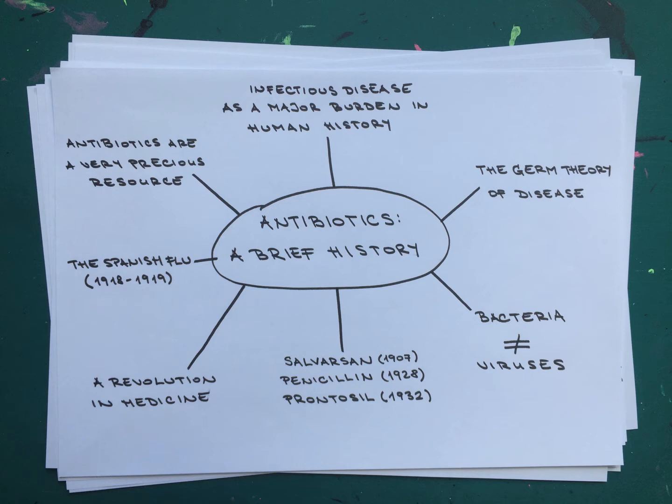So in 1907, the antibiotic salvarsan was developed, which was an arsenic-containing compound, which is very difficult to handle. And arsenic is toxic to most forms of life. So while it could kill the syphilis, you also run a chance that it was going to kill the patient. So it was definitely not an ideal solution.